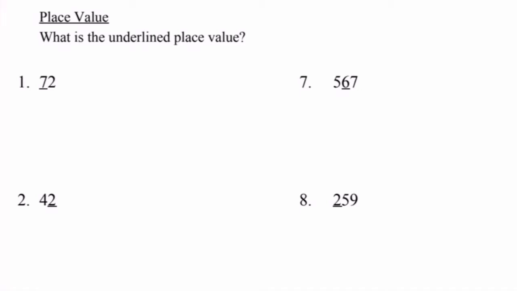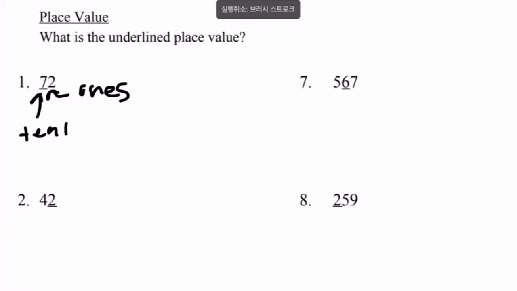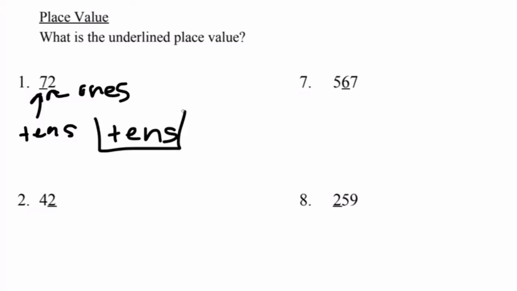Number 1, they give us the number 72, and they underline the number 7. Well, we know that 2 is our ones place, so that only means that our underlined 7 should represent the tens place. As a result, the underlined place value represents our tens place. And just for review,